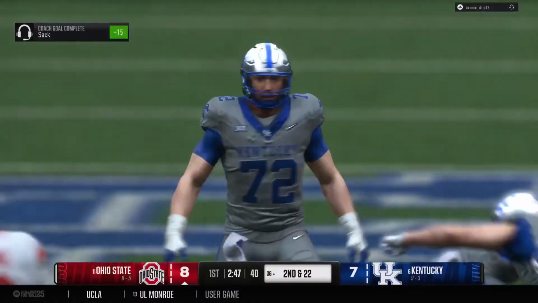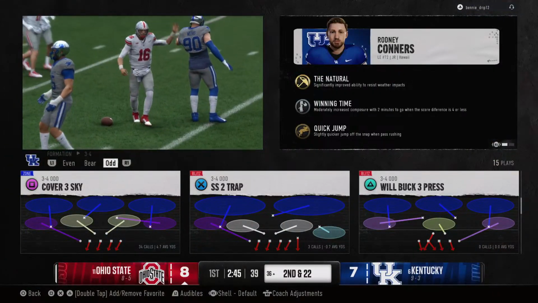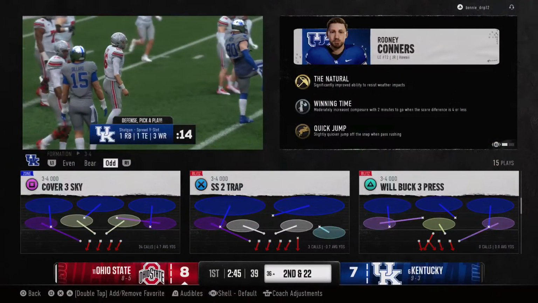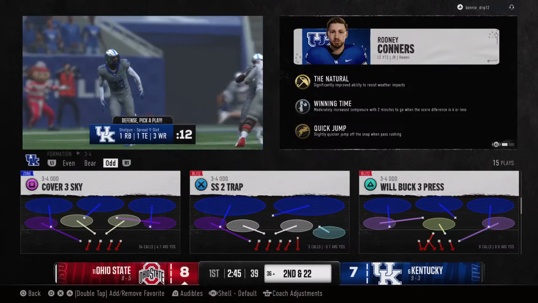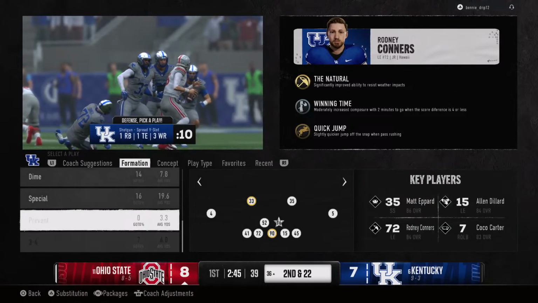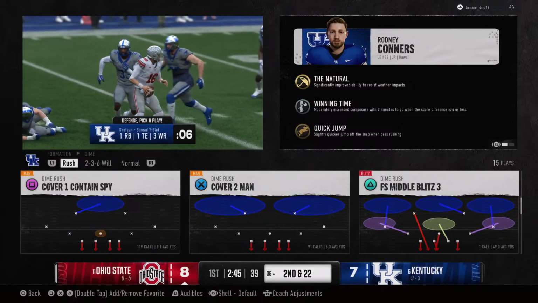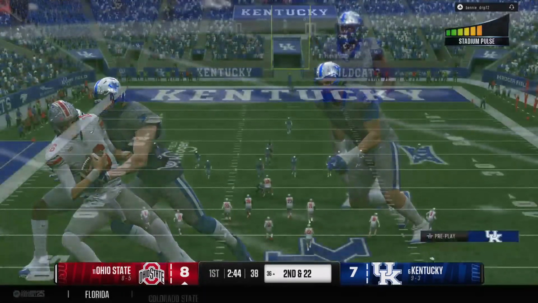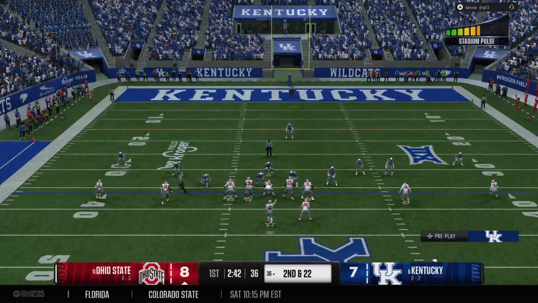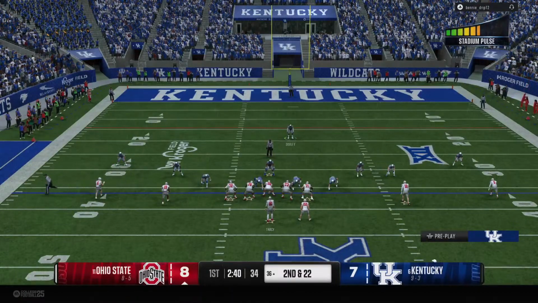On the junior, gets home making a sack there. This is why this guy's considered one of the top defensive ends in the entire country. He came in off the edge so quickly there. Look out, because that's exactly what was being shouted by the offensive lineman to his quarterback, because he had no chance to block it. Second and long for this offense after the sack.